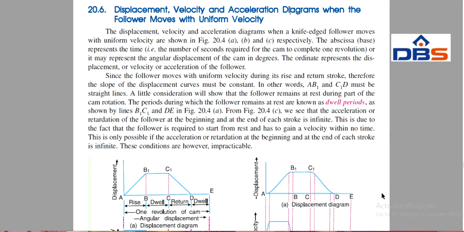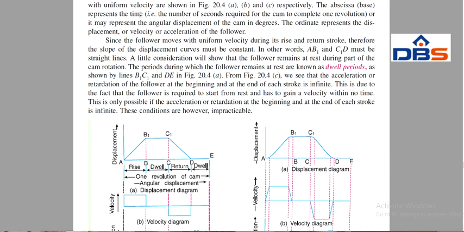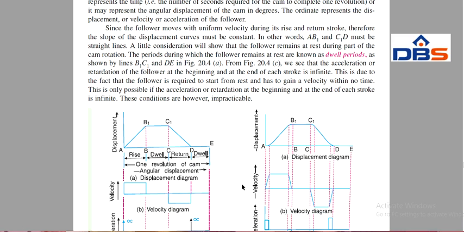For explaining these, we take a graph with the horizontal or x-axis as abscissa, which is related to time in seconds during which the cam completes one revolution, and the vertical or y-axis is related to the displacement, velocity or acceleration of the follower. Since we already know that we are solving the problem with uniform velocity,